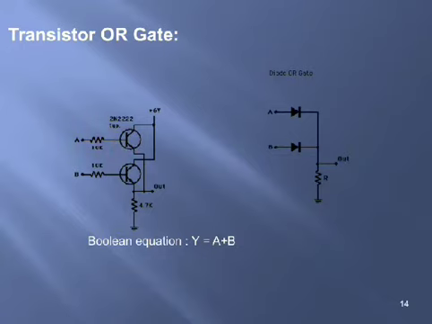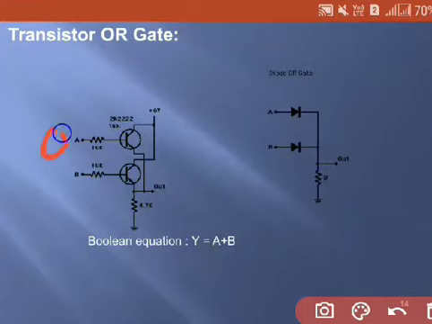Again the same combinations you can observe. If both the switches are open, that means both the transistors are acting as open switch, then output is directly connected to ground. So output is not connected to VCC, or high voltage, it is connected to ground, so that we'll be getting zero output. So for 0 0 combination of inputs, you'll be getting zero output.